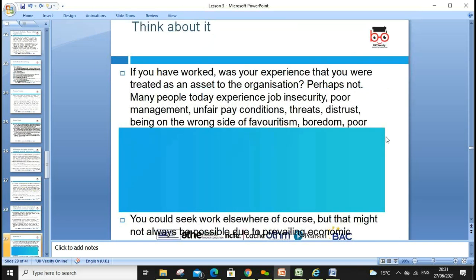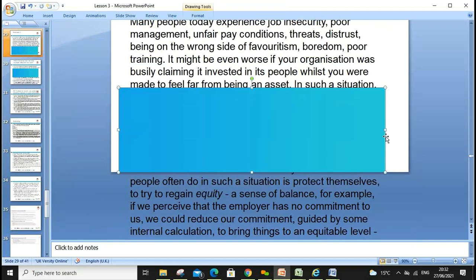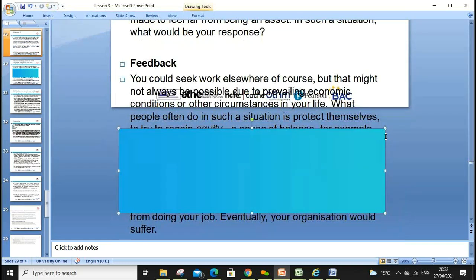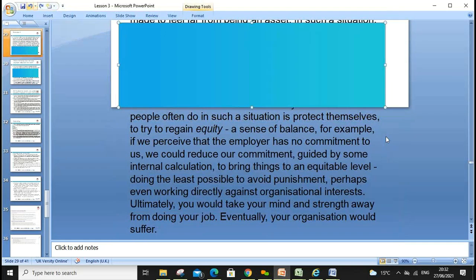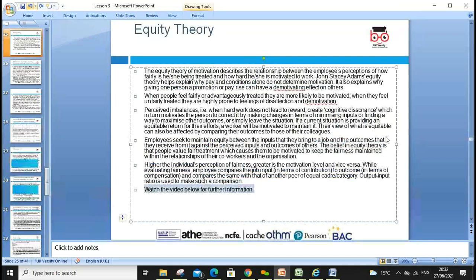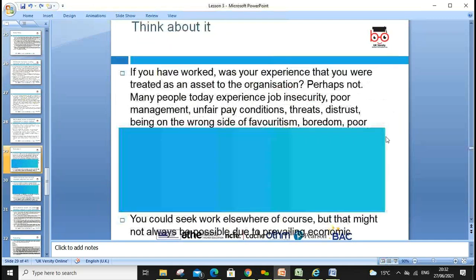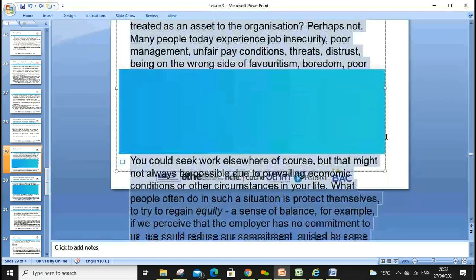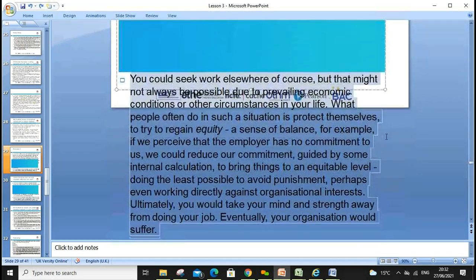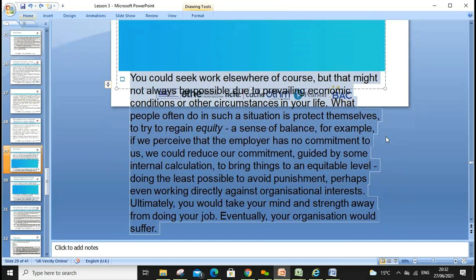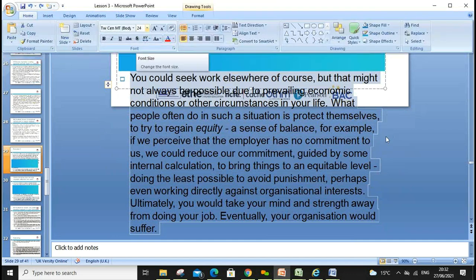If every day you're disturbing your staff with a morning meeting and there is no flexibility, of course we have to do it, but we have to draw in some flexibility, like doing it via Zoom or various other tools. Think about if you have work and what your experience was, you were treated as an asset of the company. So that's how we solve it. What you can do, you can look around, and you can remove this.